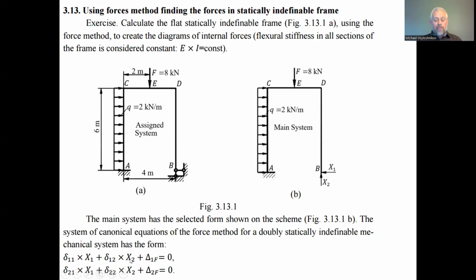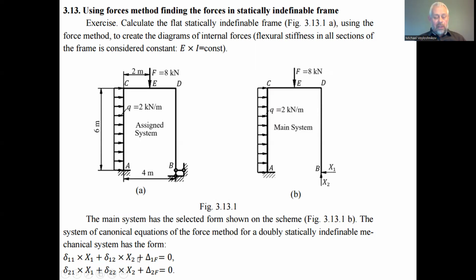This is a displacement in the direction of the force x1 instead of the horizontal support link of the connection to the hinge B. And the second canonical equation has 3 summands; the first is the product of the displacement and the action of the unit force. The second factor in each of the first 2 summands is the magnitude of the forces subject to determination. These are unknown variables, so we have to determine them while solving